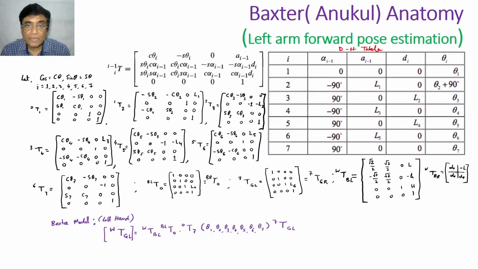By just connecting them together, where connection means multiplication, that is, transformation matrix multiplication in order, we can get the mathematical model of the Baxter robot, the way we have done for industrial robots. But note that since it has a redundant joint,